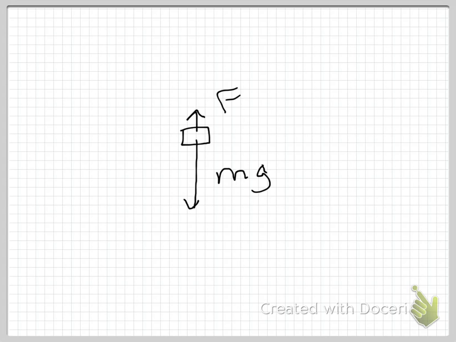So this is my force of air resistance. But of course, as I let this go on, it picks up more speed, and so as it picks up more speed, the air resistance gets bigger, right? Picks up a little bit more speed, the air resistance gets even bigger,